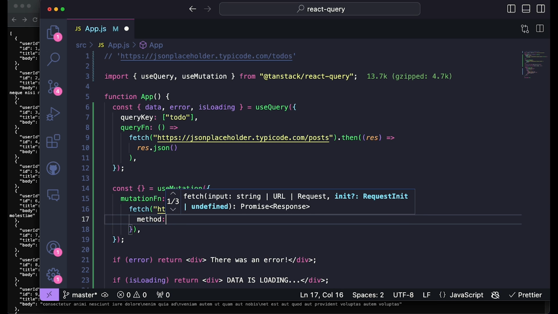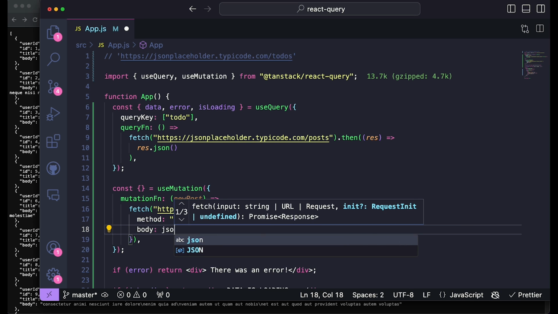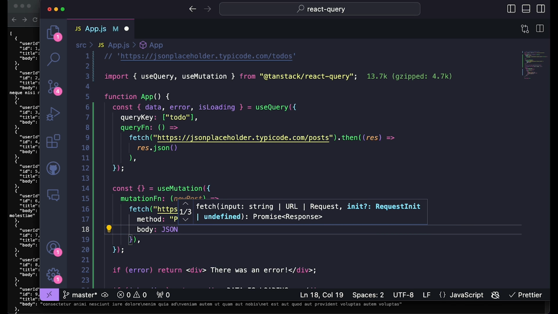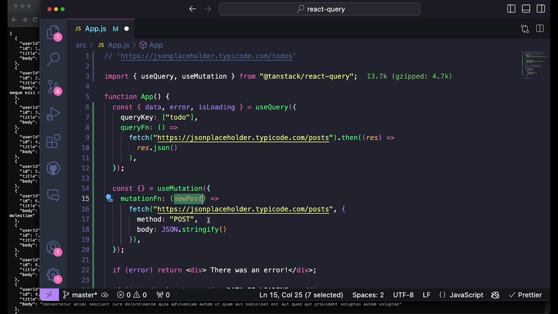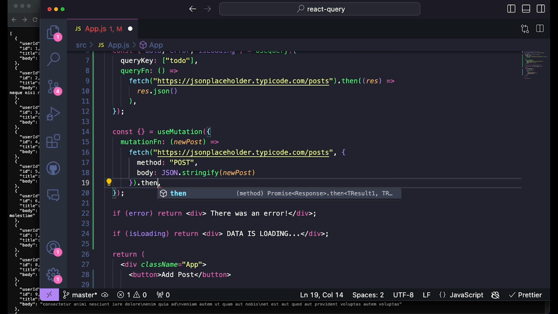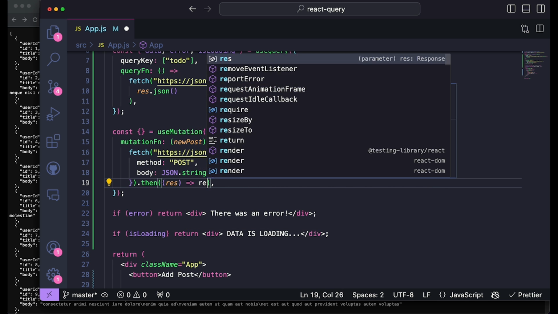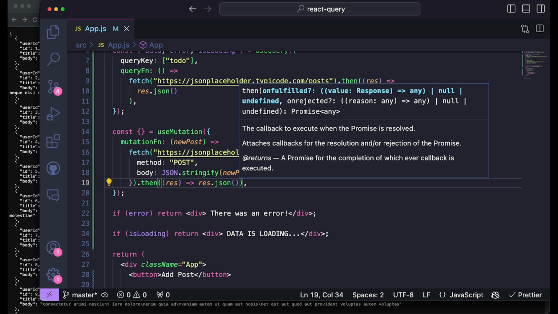So I'm going to say method, then POST, and then we need to pass in the body, which will be a JSON.stringify version of the new post we're passing as an argument. This is going to be an object containing all of the data. Then I'll grab the response again and say res.json, just like we did before. We're going to save this,